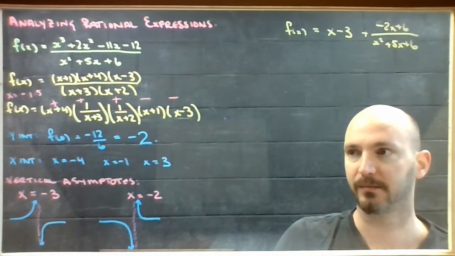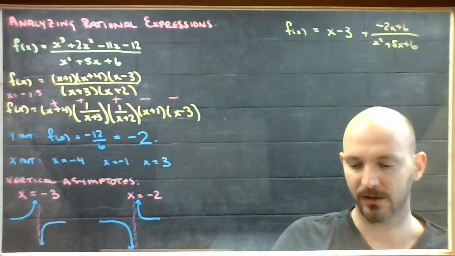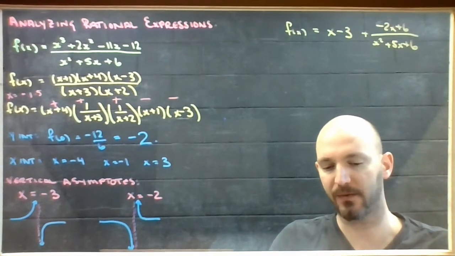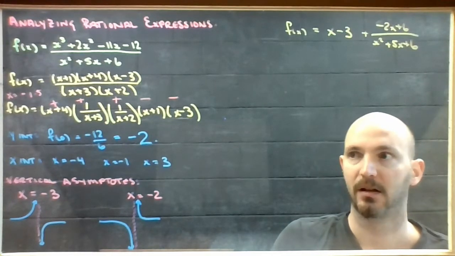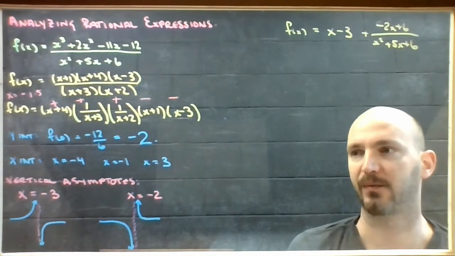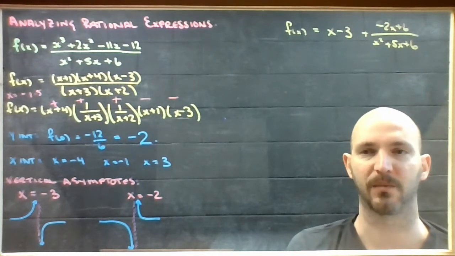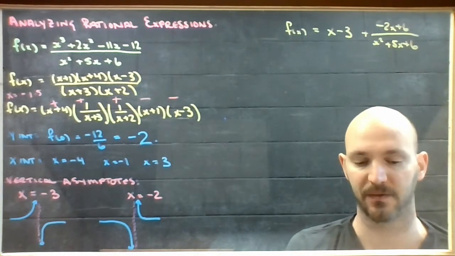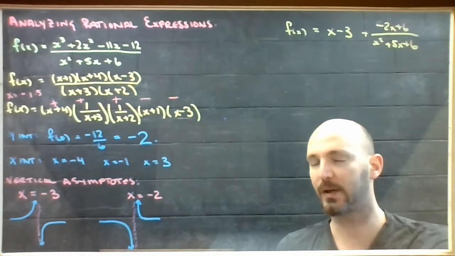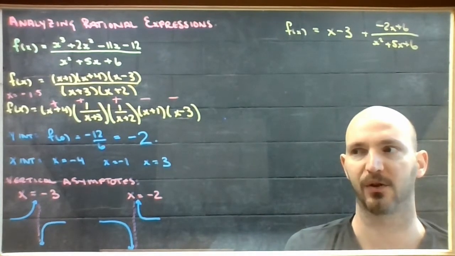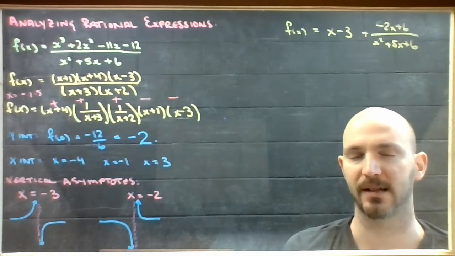All right, good. On to part E. Will any of the features from C and D mask each other? So masking is a funny word. You don't have to use the word mask. You could use the word overlap if you'd like. And the idea here is that you can't have a place on your graph that is both an X-intercept and